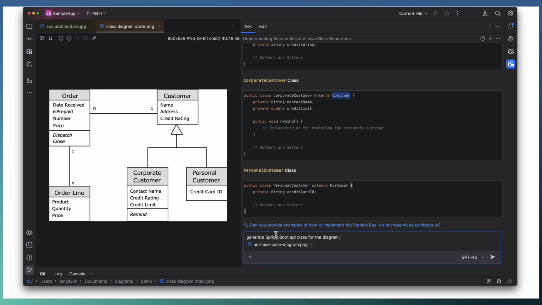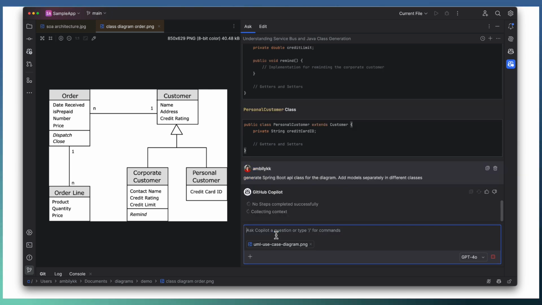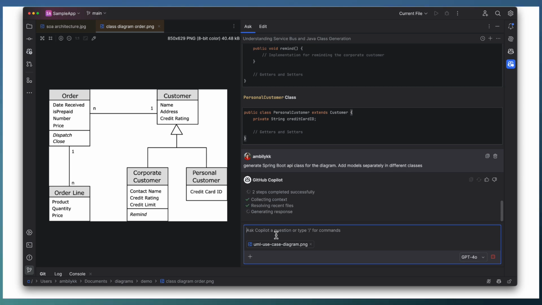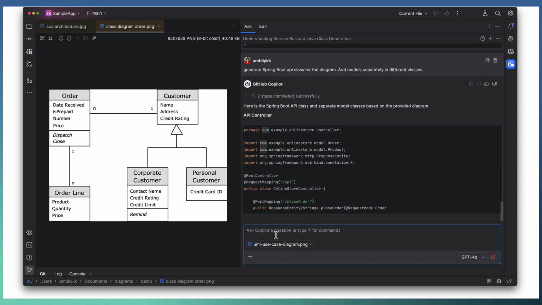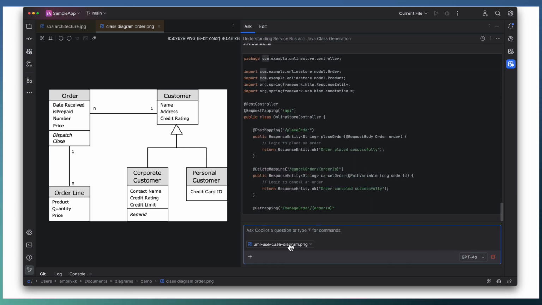We have the concept of models coming there. Let us explain that as part of the prompt. Add models separately in different classes. We need each model in a different class file. Apart from the Spring Boot API or the controller class, we are looking at model classes as well.